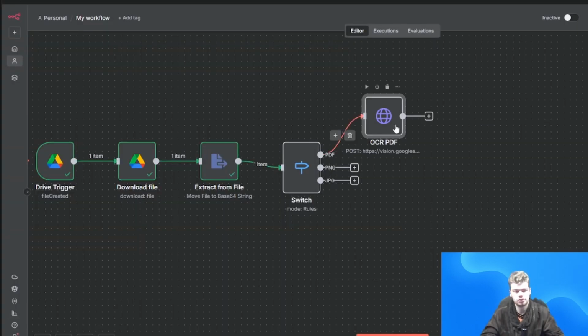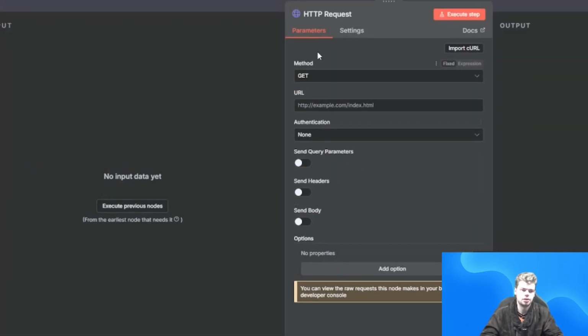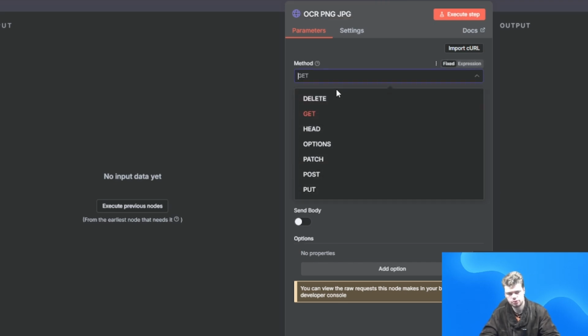So now we have to do something for the PNG and JPEG. So I'm going to do an HTTP request. I'm going to name it OCR PNG JPEG. Also, same thing, we're going to be using a post method. So post,